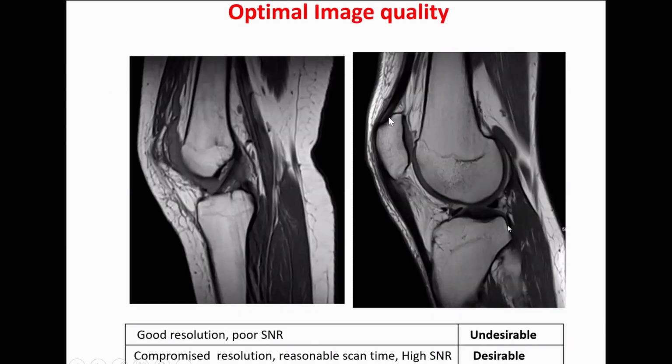So now, if you look at these two images, what is the point? I said that in trading off certain parameters you need to increase some and decrease others, you need to decrease the phase matrix, you need to increase the TR, but then it all influences the scan time. You cannot have a very long scan time, so it has to be reasonable. So if you trade off on the spatial resolution, you're going to lose on your SNR. It is like compromising on your SNR, which is not desirable. So it is better to have images with reasonable resolution within a reasonable scan time, or an image with a higher SNR. So this is what you need to know.